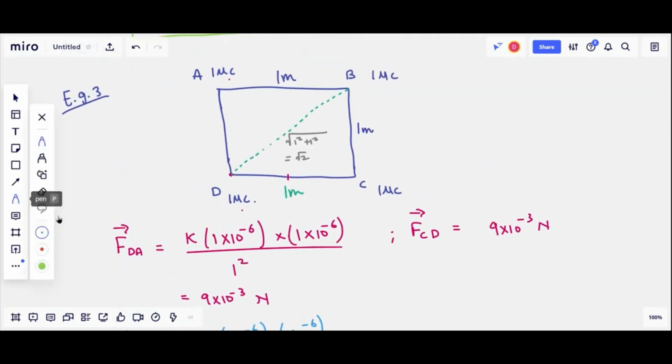So let's talk about the direction now. The direction in this case would be, due to A on D, it will be repulsive, so it's over here. Due to C on D, it's repulsive, so it's over here. And due to B on D is also repulsive, but mind it will be along the side of the diagonal, so it's going to be in this direction. So now we are going to add all these three forces